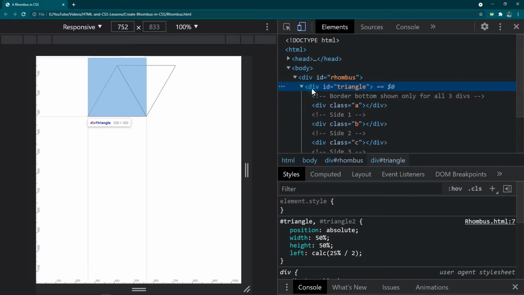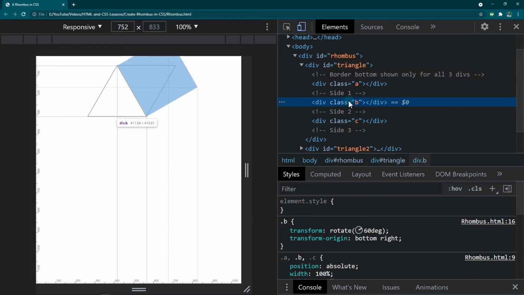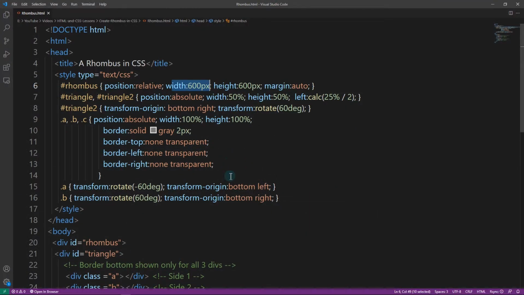Then we need to remove the borders right in the middle here. Let's highlight it so we know which one. We're inside the first triangle, which is class B. So we need to remove this. Let's go here in the code, and for the B,